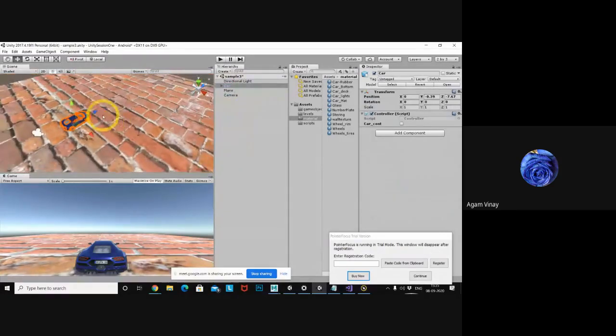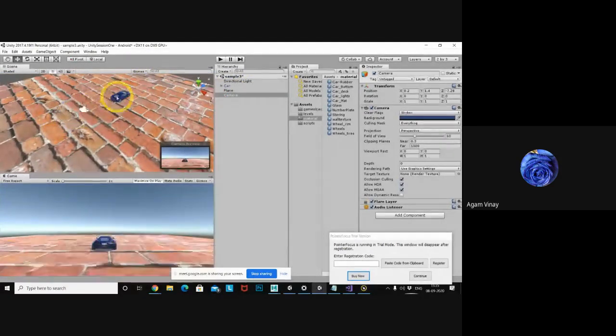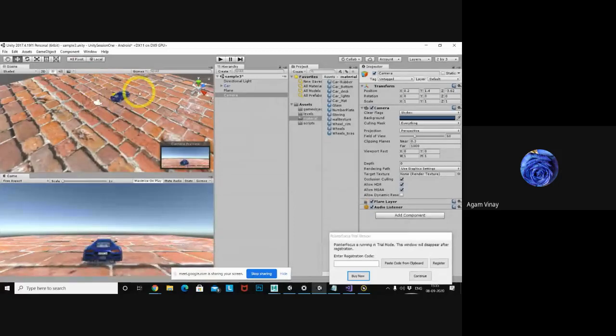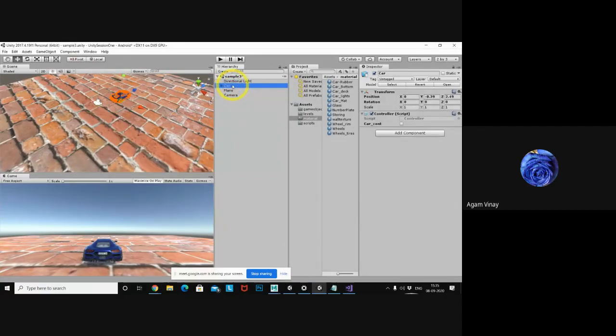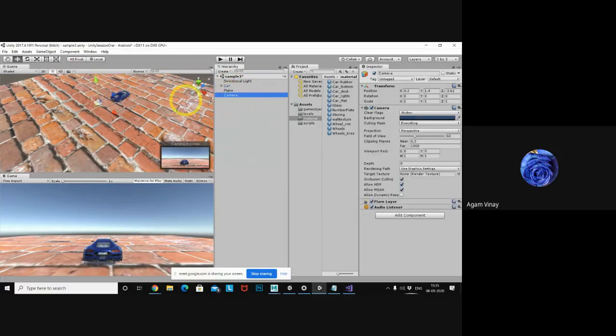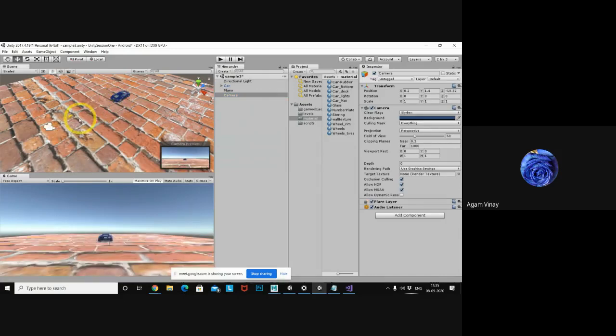If the car is here, the camera has to follow up to this much distance. That is the script held by the camera. That script will help you move the camera towards the car, whether the car is rotated right or left, up, down, wherever the car will go. For some distance, the camera should follow like this.